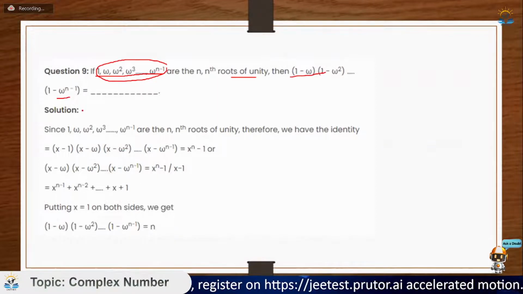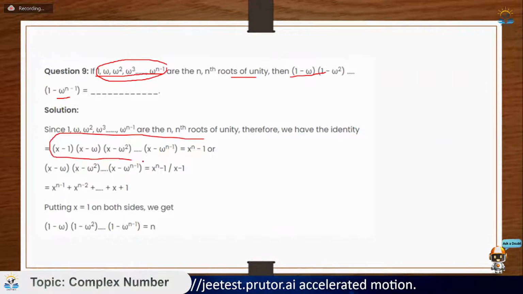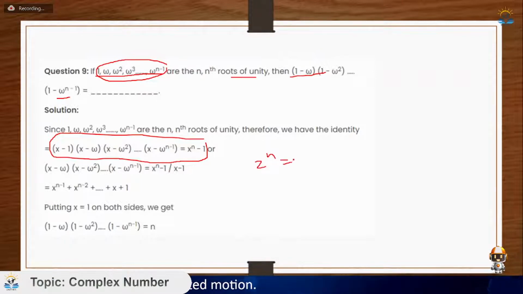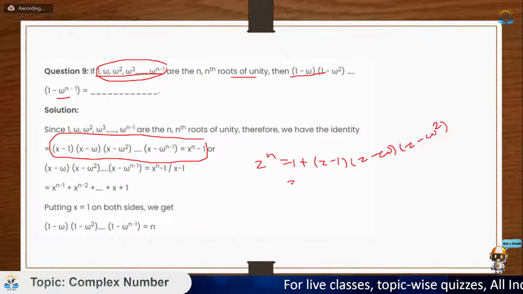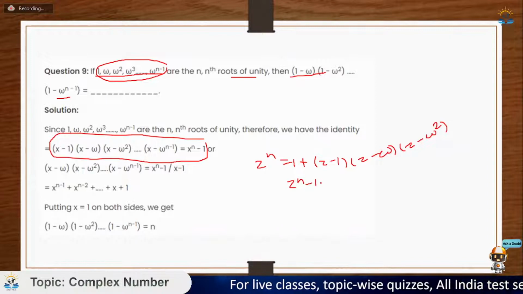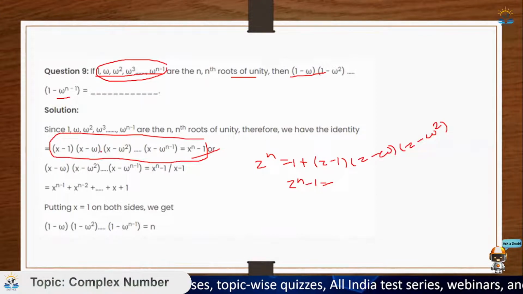So again, इसमें ये वाली एक आइडेंटिटी होती है जो हम लोग पढ़ते हैं क्यूब रूट ऑफ यूनिटी में, कि जब मैं (x-1)(x-ω) up to (x-ω^(n-1)) करता हूँ, so I will get this thing, and this thing is nothing but zⁿ = 1, so (z-1)(z-ω)(z-ω²)... This is my identity which I read in complex numbers. तो इसको अगर नहीं पता तो ध्यान रख लेना, इसको चाहे ऐसे भी ध्यान रख सकते हो कि zⁿ-1 इसके बराबर होता है। सो ये वाली मेरी आइडेंटिटी है, इसमें मैंने कहीं भी अपना दिमाग नहीं लगाया। ये सिंपल मेरी आइडेंटिटी थी।